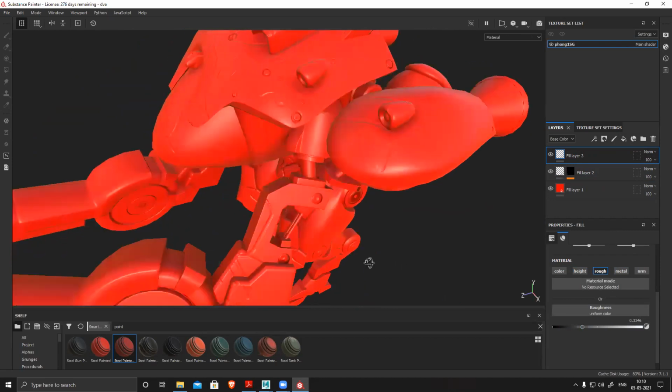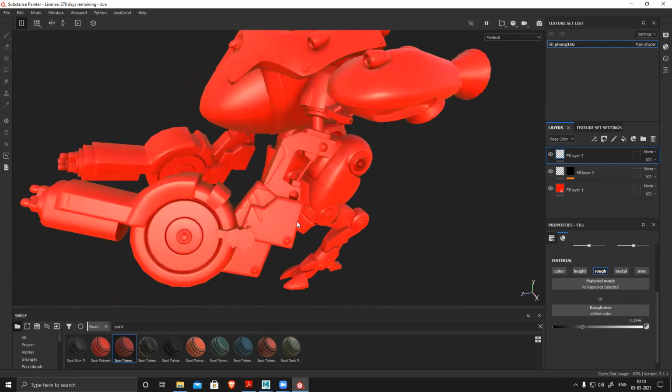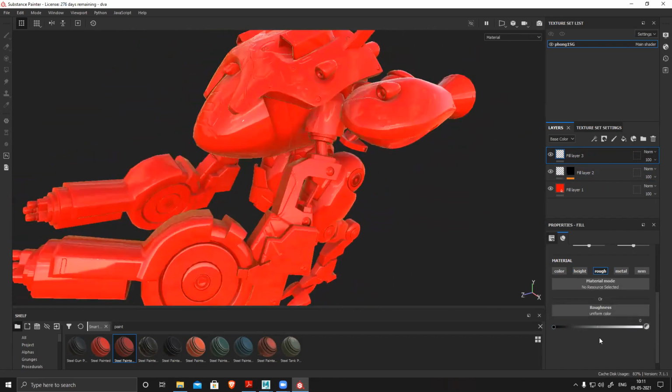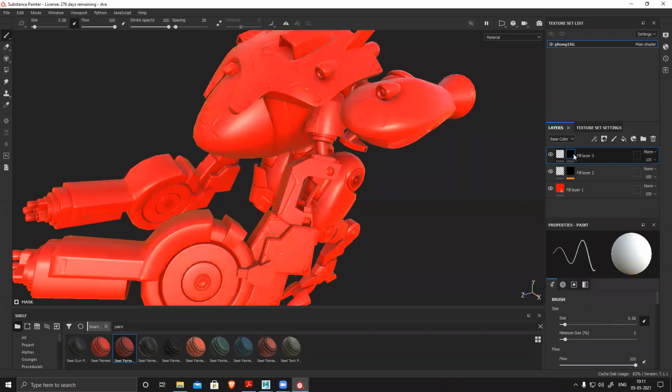And this also, like in Substance, everything is controlled by mask. Suppose this is affecting all the parts, but I don't want to make everything shiny. I want to make this thing shiny. So in Substance, you have to work on each and every individual section separately. Suppose this section is super shiny and this section is super matte, so I have to create two separate layers with mask. Like for this, suppose super shiny, right click black mask, and right click